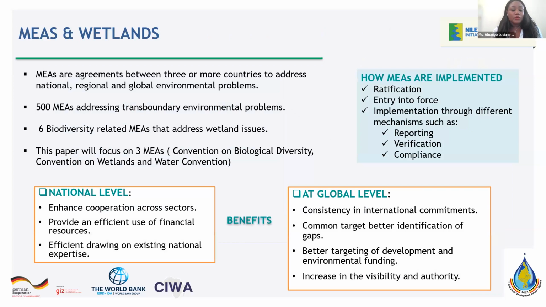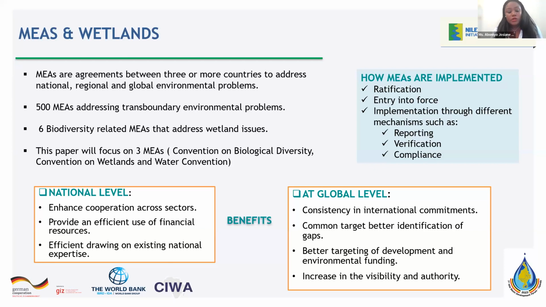So let's first talk about what MEAs are. These are agreements between three or more countries to address national, regional, and global environmental problems. Currently, there are over 500 MEAs addressing transboundary environmental problems, of which 60 are addressing biodiversity-related issues, including wetlands. However, for the focus of this study, we focused on the Convention on Biological Diversity, the Convention on Wetlands, and the Water